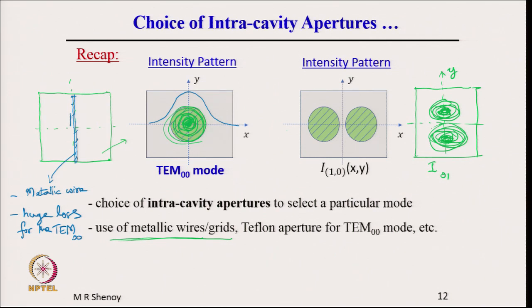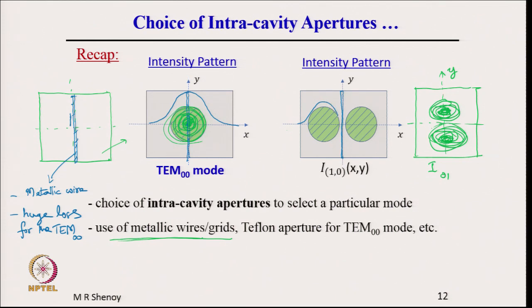Now, let us take the same metallic wire and place here in this cross section. So, the same metallic wire we have placed here. Now, if we place here, then this mode suffers huge loss. If we now place here for the I10 mode, this makes hardly any difference, because the field varies like this,